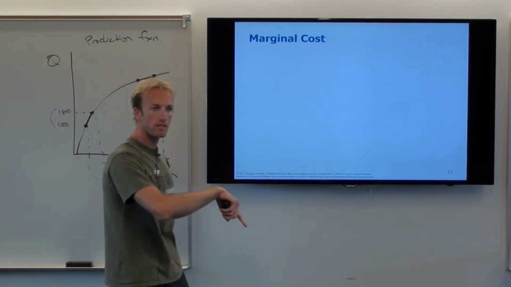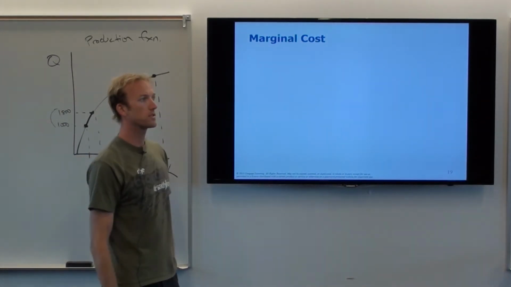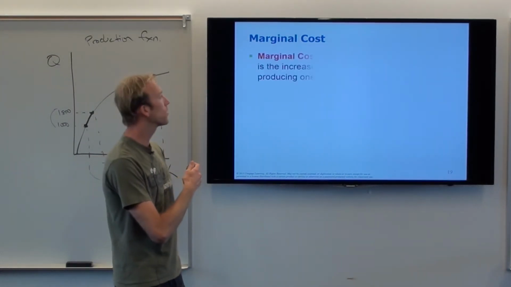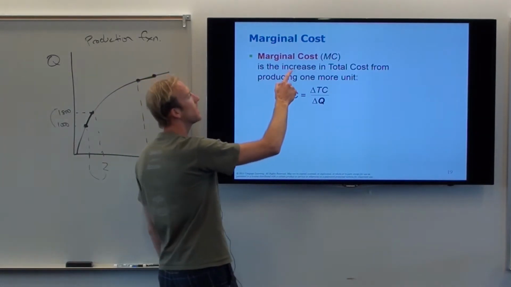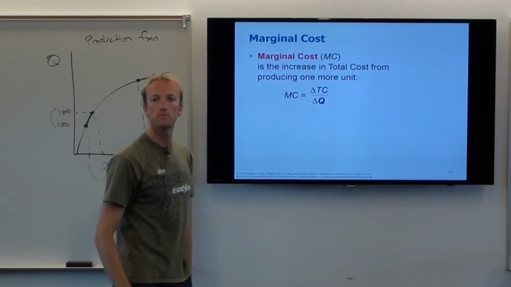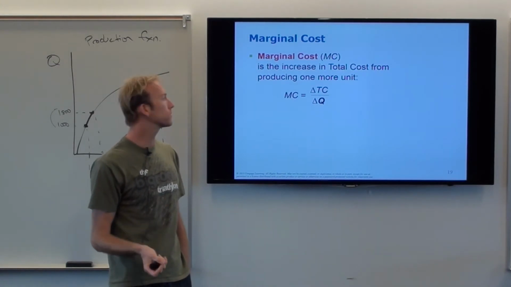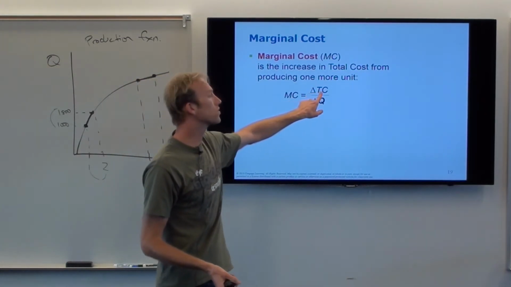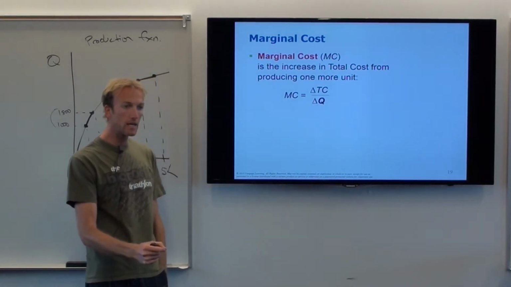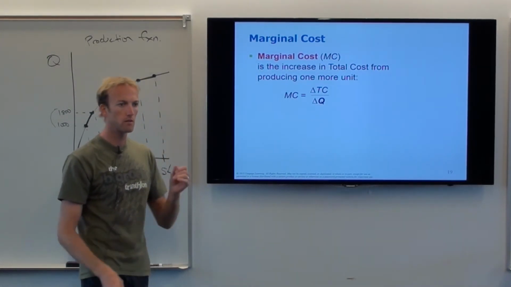Now that we've thought about total costs, let's think about this concept that I'm going to introduce called marginal cost. Okay, marginal cost. The most important cost in this class, right here, right now, marginal cost. What does it mean? It's just how much the total cost curve goes up when I make one more unit of Q. So that's it. Change in total cost over the change in quantity. So if I make one more unit of wheat, how much does my total cost go up? That's my marginal cost. Okay?